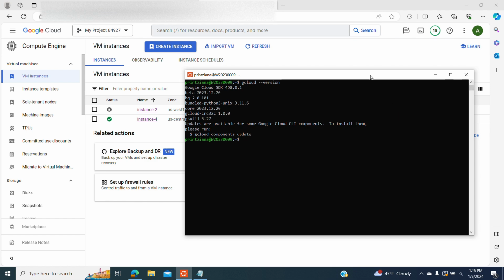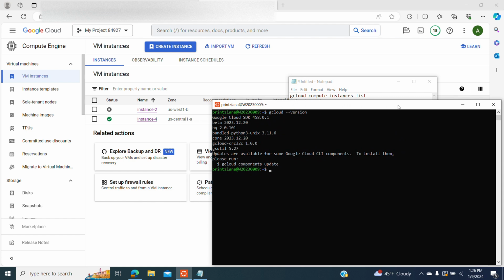After I got the information that gcloud is running, now I can get information about what kind of instances are running in my project. So gcloud compute instances, and this is a very simple command. It says gcloud compute, which is actually the service, and more specifically we are talking about instances, and it's going to show a list of the instances that I already have